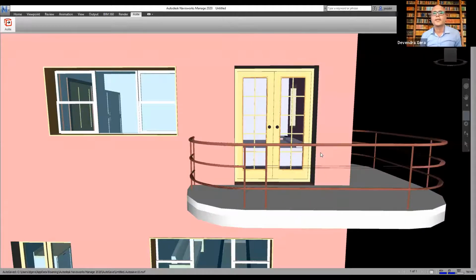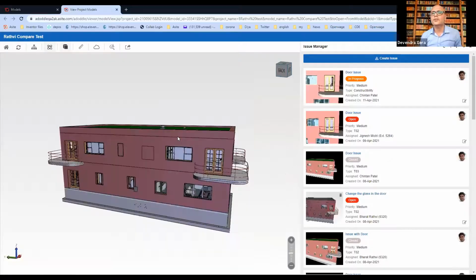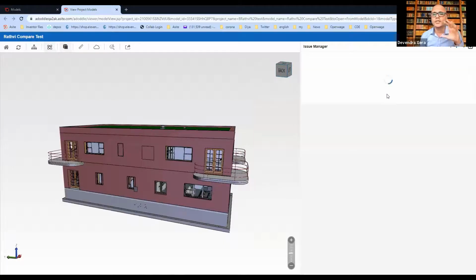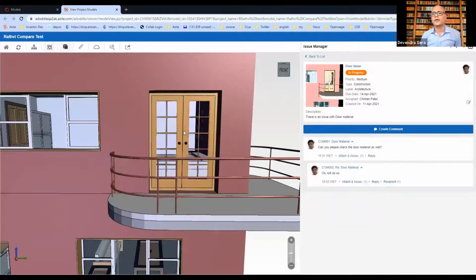So if you look at this model here, you can see all the issues are reflected here. Again, when I open that issue, it zooms into the view which was created when the issue was created, and then I can make some changes.